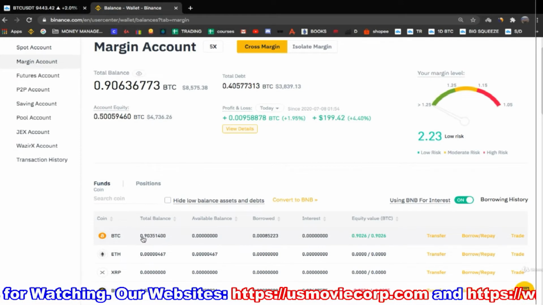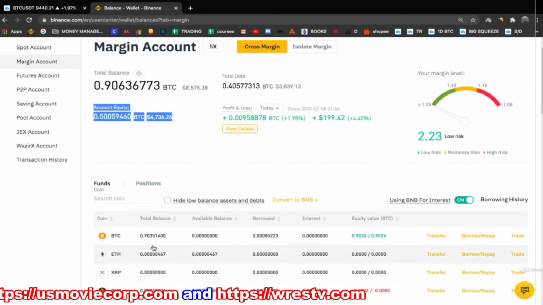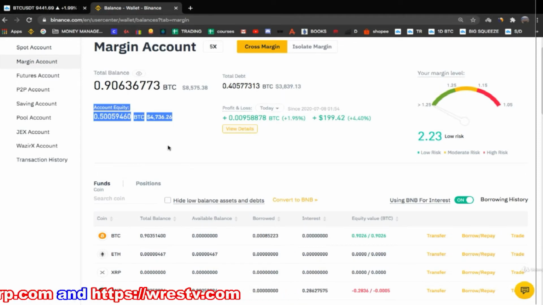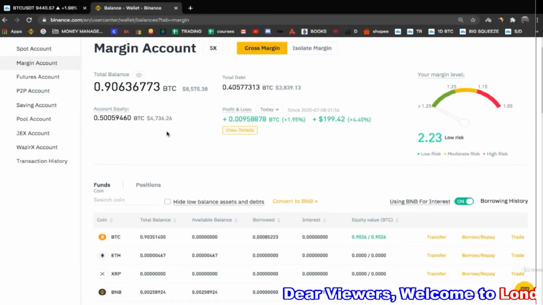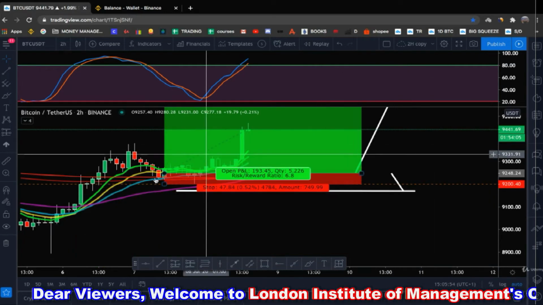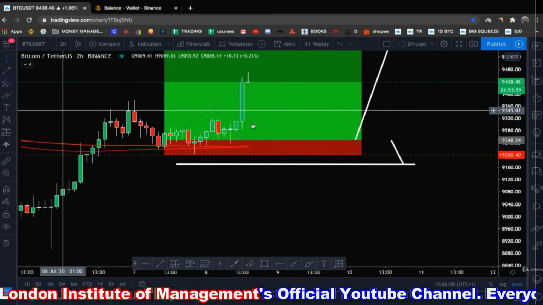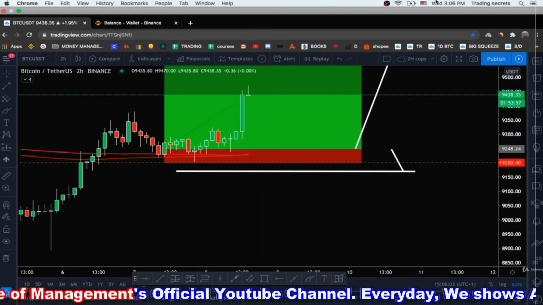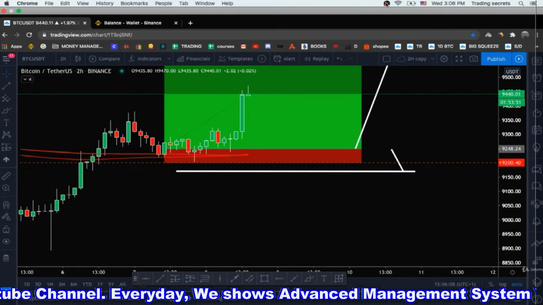The position size is like 0.19 Bitcoin. Don't get confused that the account is smaller than the position size. Yes, it is, but I don't keep all the money on the account. Just like I told you, that's why professionals use margin trading, so they don't keep all the money on the account, right? So basically, I just wanted to show you this nice trade. I gave you a similar example earlier, but in reality I took a trade similar to this one. So this is it for this video. In the next one we are going to dive into risk management.